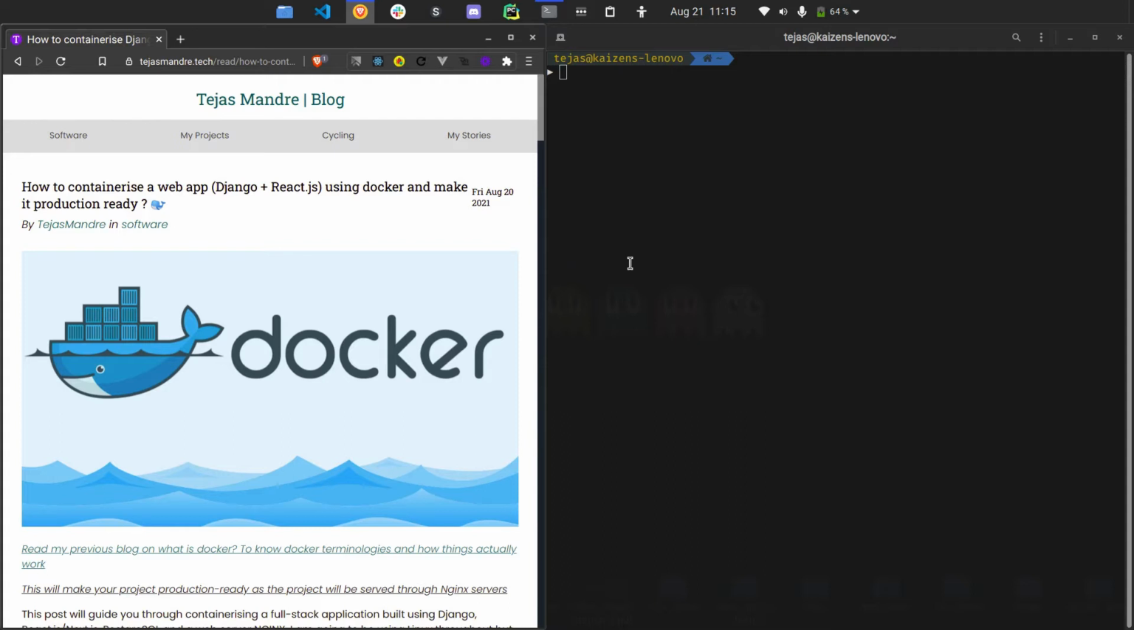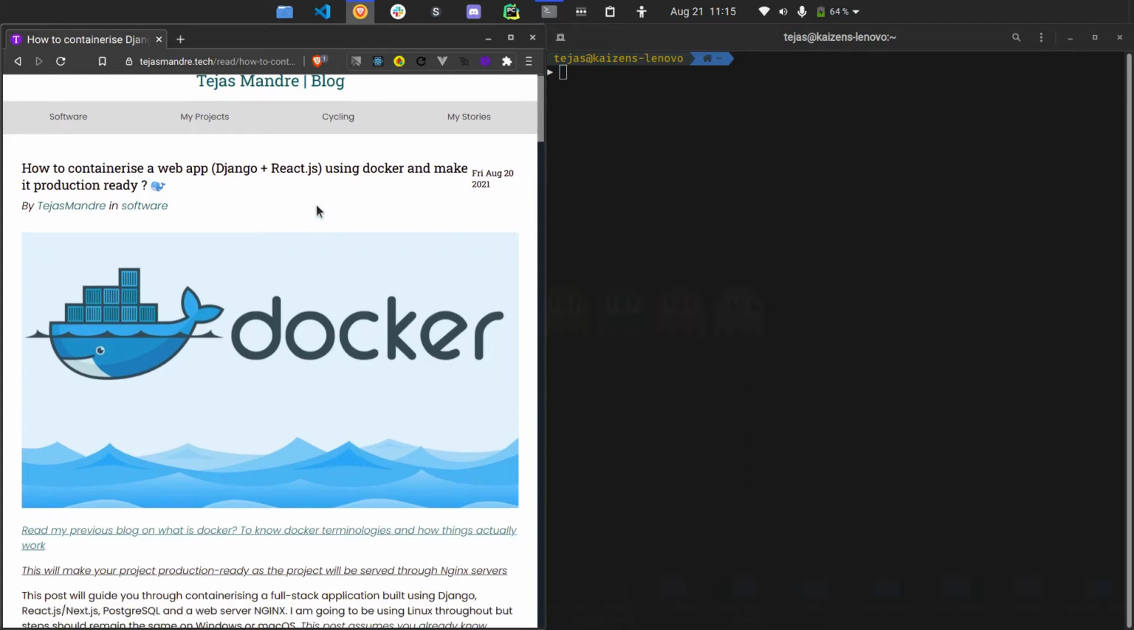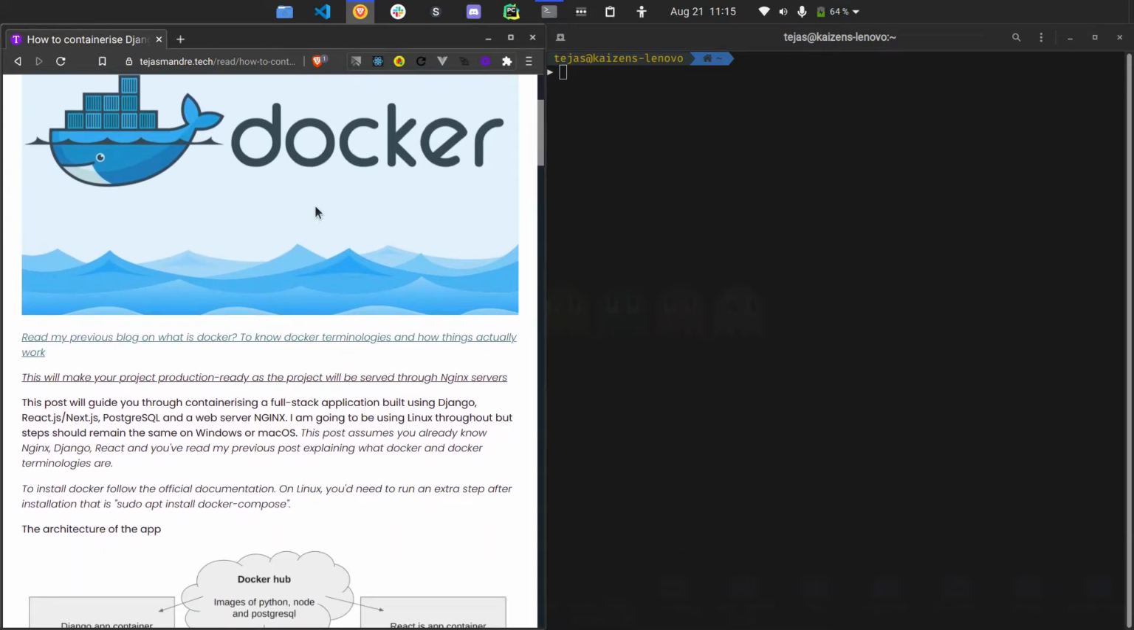In this one, we are going to check out how to containerize a web app that is built using Django and React JS using Docker. We are also going to have a PostgreSQL database running inside its own container. Further, we are going to serve the entire application using two Nginx web servers, one for the React.js app and